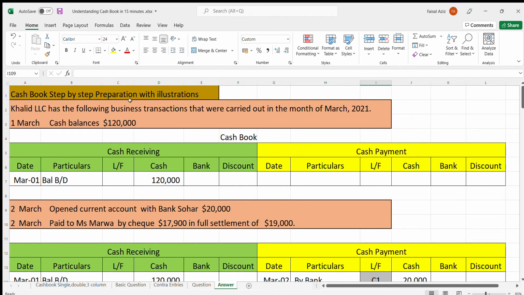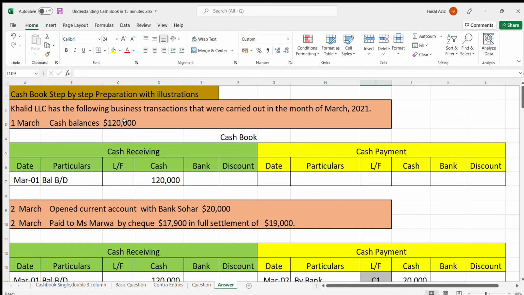Cash book step-by-step preparation with illustrations. So let's start with the first transaction. Khalid LLC has the following business transactions that were carried out in the month of March 2021. So on 1st of March they were having cash balances